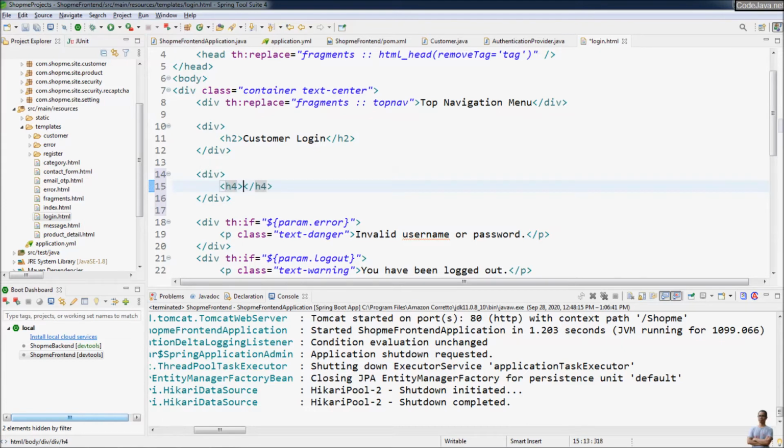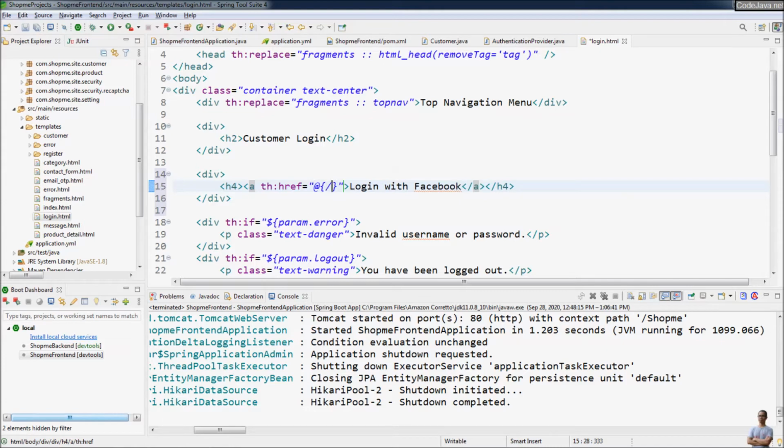I'm using a heading for a tag for the hyperlink login with Facebook, and specify the URL using Thymeleaf syntax, th:href equal to